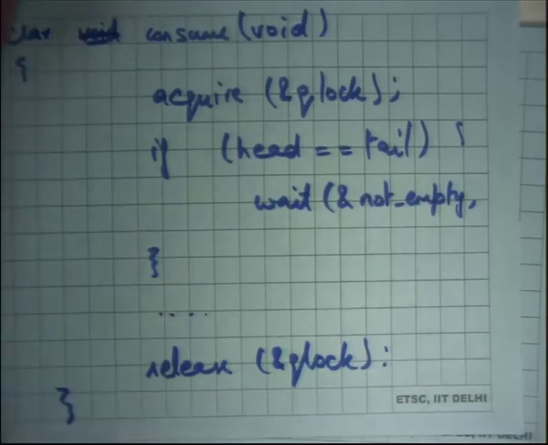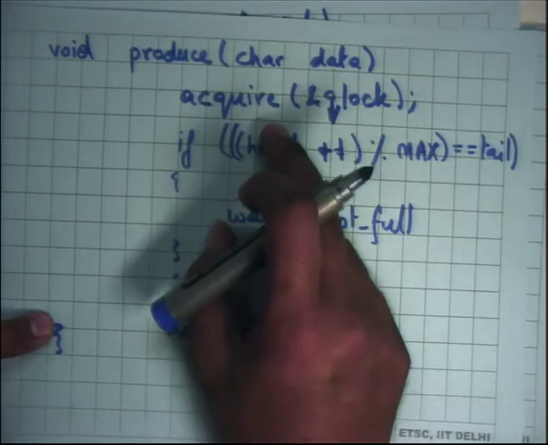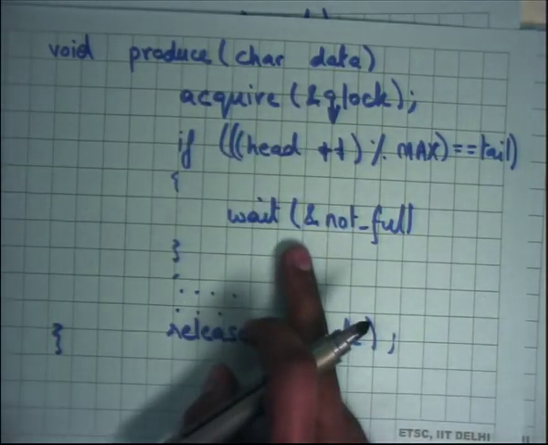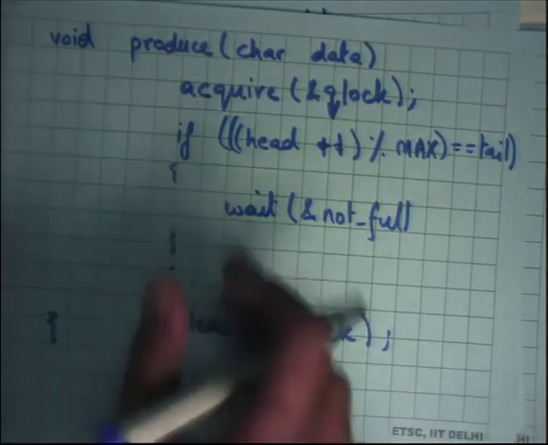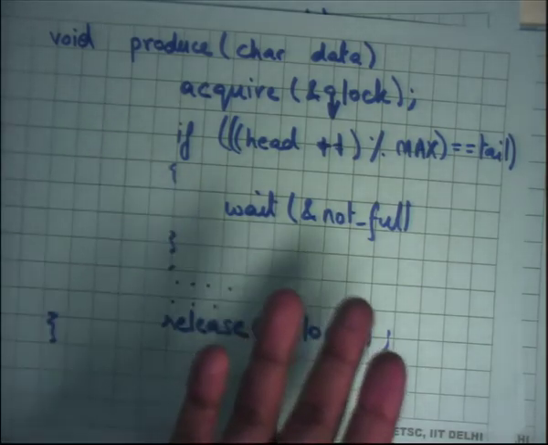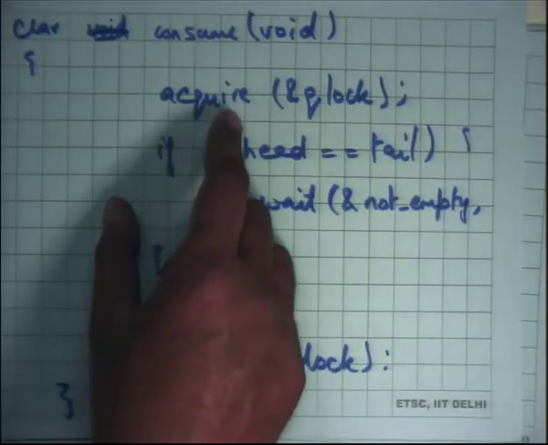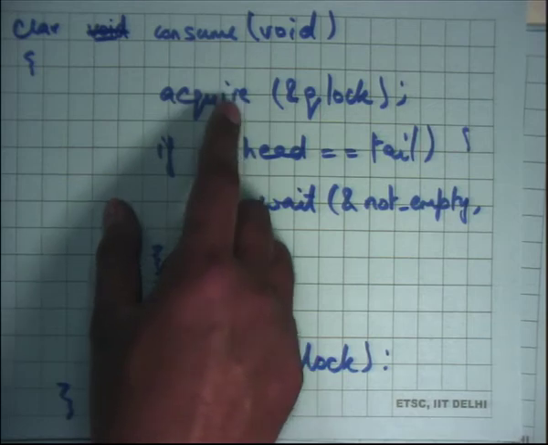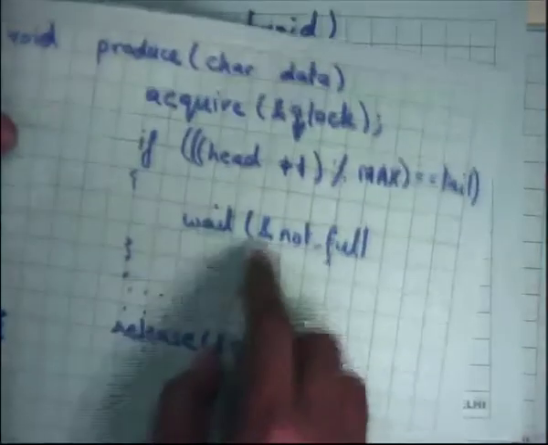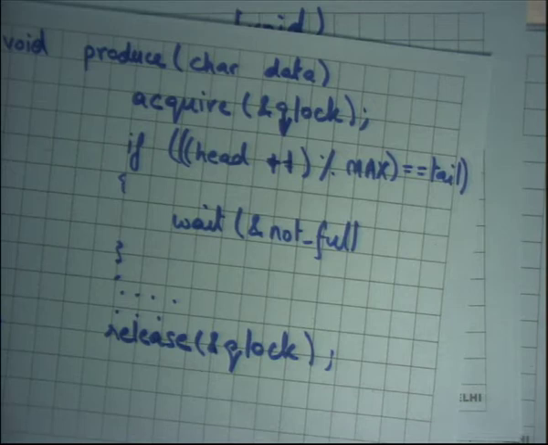Okay, so now as was pointed out, there is a problem with this code. One thread acquires the q lock, finds the queue full, starts waiting on this condition variable called q not full, but it has not released the lock, right. So, if it has not released the lock, there is no hope that a consumer will be able to get the lock, and so the consumer will start waiting here, the producer will start waiting here, and you have a deadlock, right. So, what did you want to do? You wanted to release the lock before going to wait, all right.